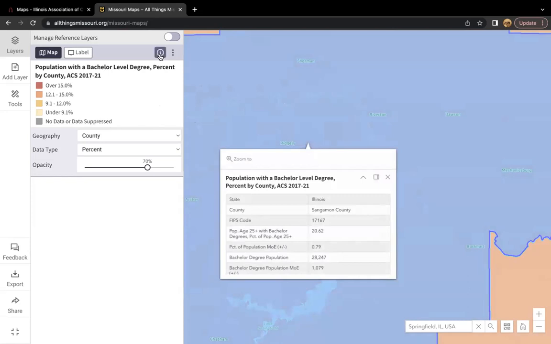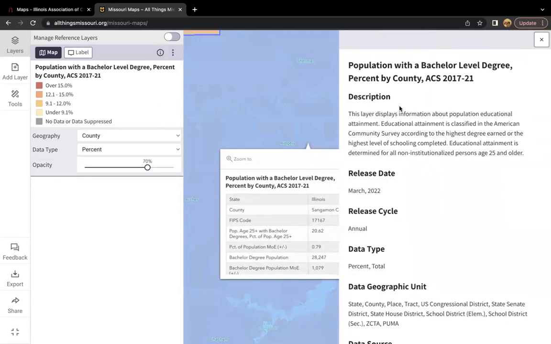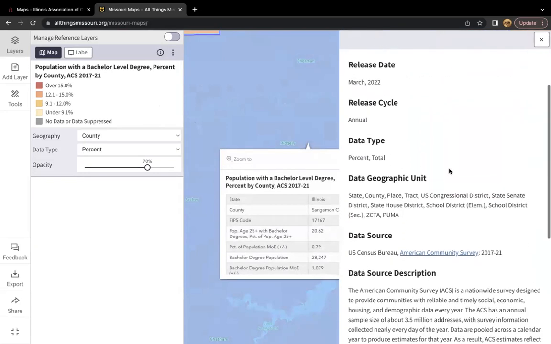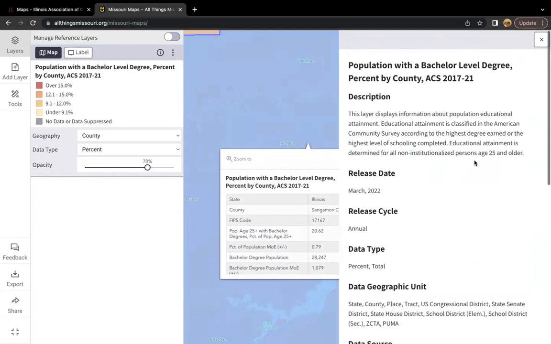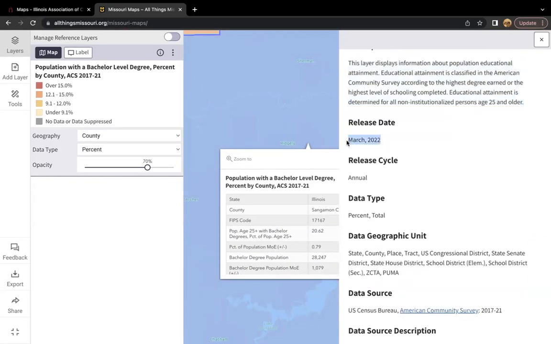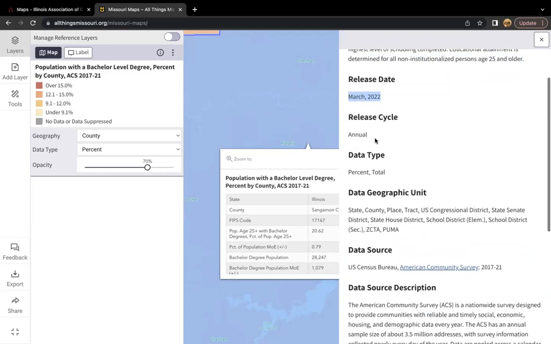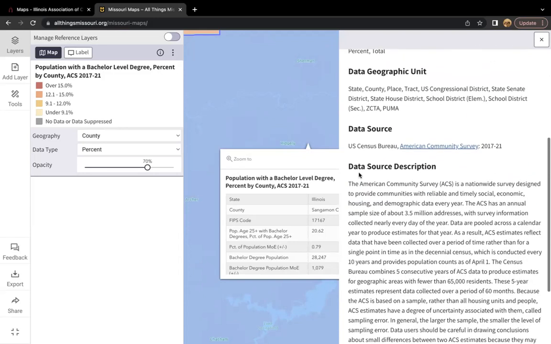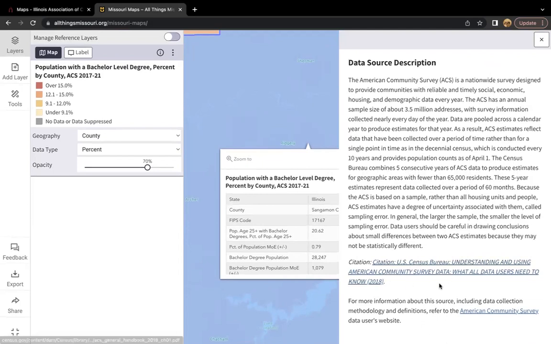Notable too is that, similar to that community needs assessment, there's always going to be an I button that you can press to learn more about a data layer. So we're always going to have a data description, some information on this data's release date, its release cycle, and information on its original source.